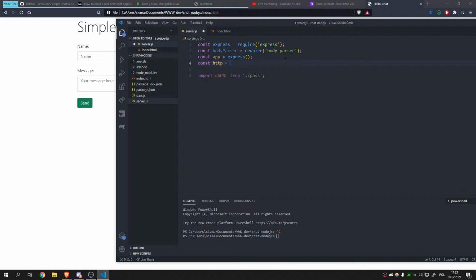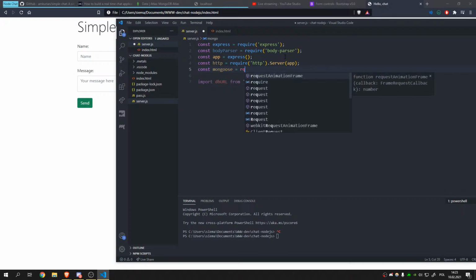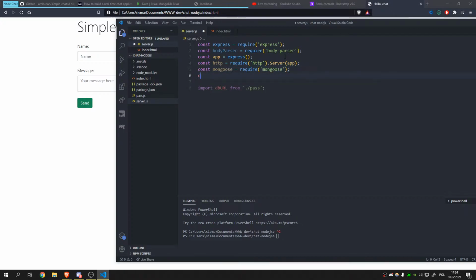Const HTTP will be require http, server from our app, and const mongoose require mongoose, and last but not least socket, or maybe IO, whatever you want to call it,